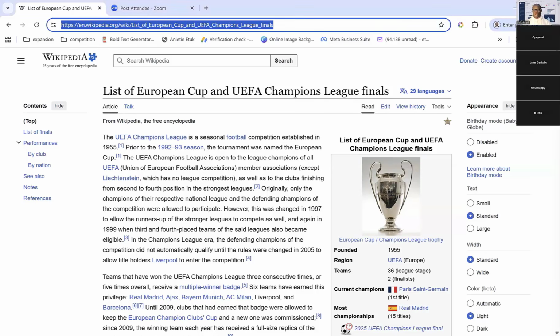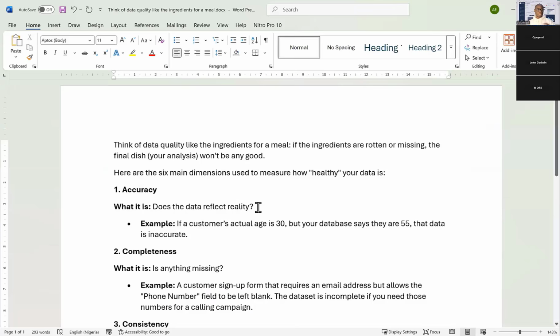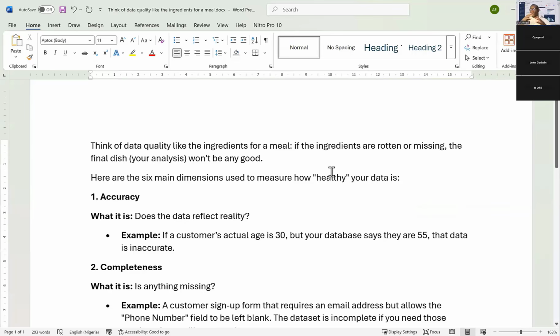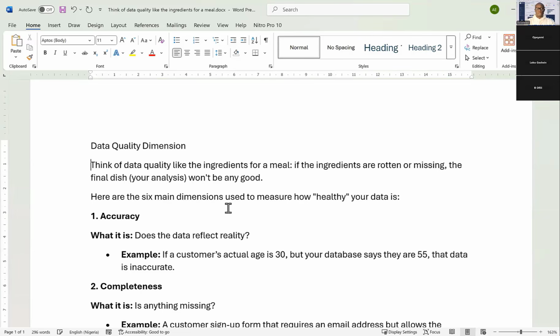The first part of the discussion, we want to look at data cleaning itself. How do I know what to clean and what to ignore when I'm working with a data set? Without this foundation, I will just be cleaning everything. We call this particular topic data quality dimensions. Why data quality dimension? DQD helps me to check the health of a data to know if the data is